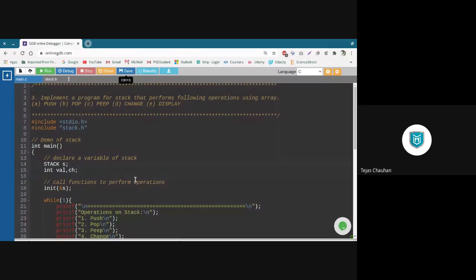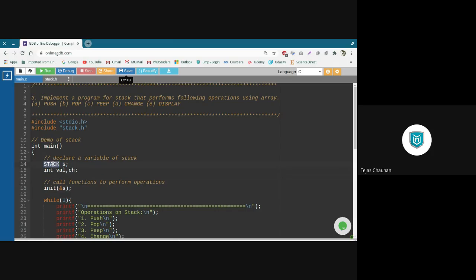When they write stack, they don't know whether there is a structure inside or something else. So I want to make that also. Now when I declare a variable with this data type, stack becomes a data type, and this is not an inbuilt data type. So this is actually a user defined data type.